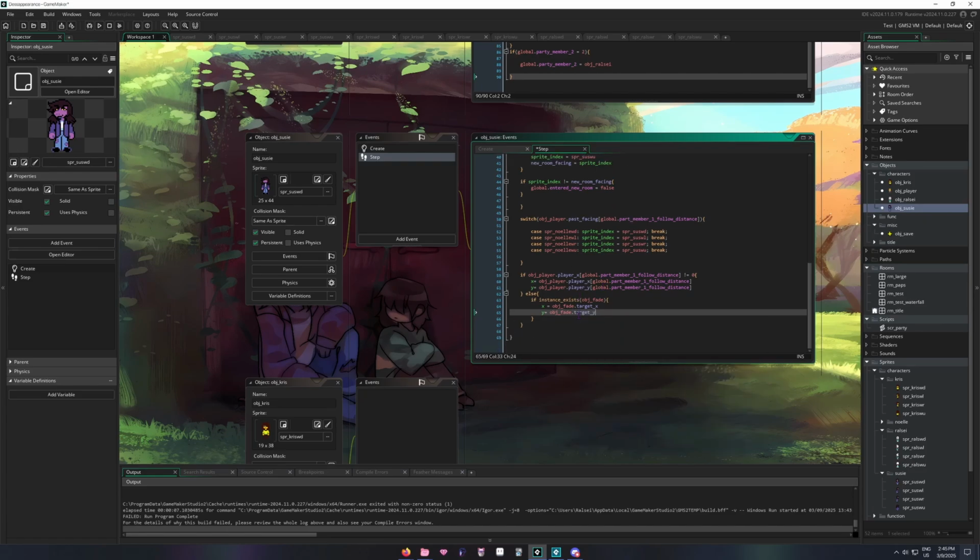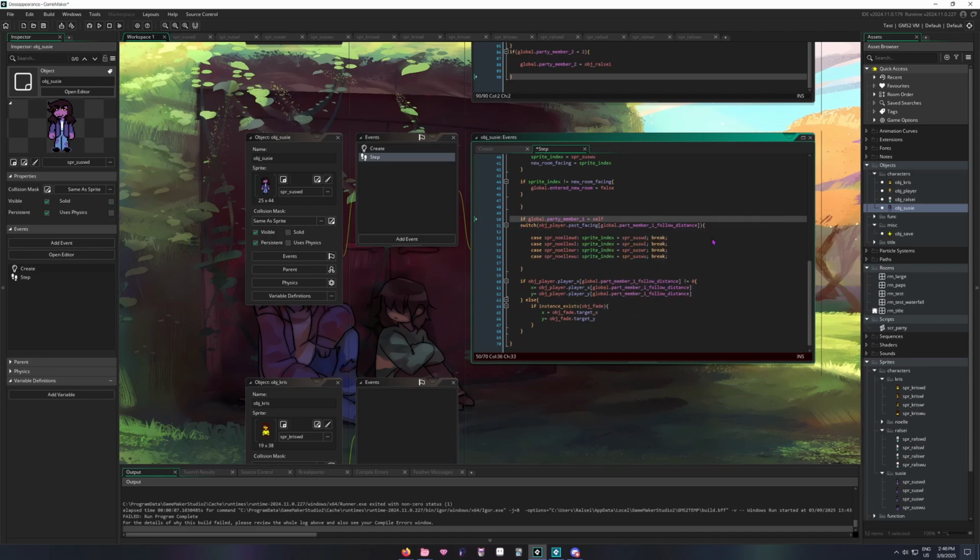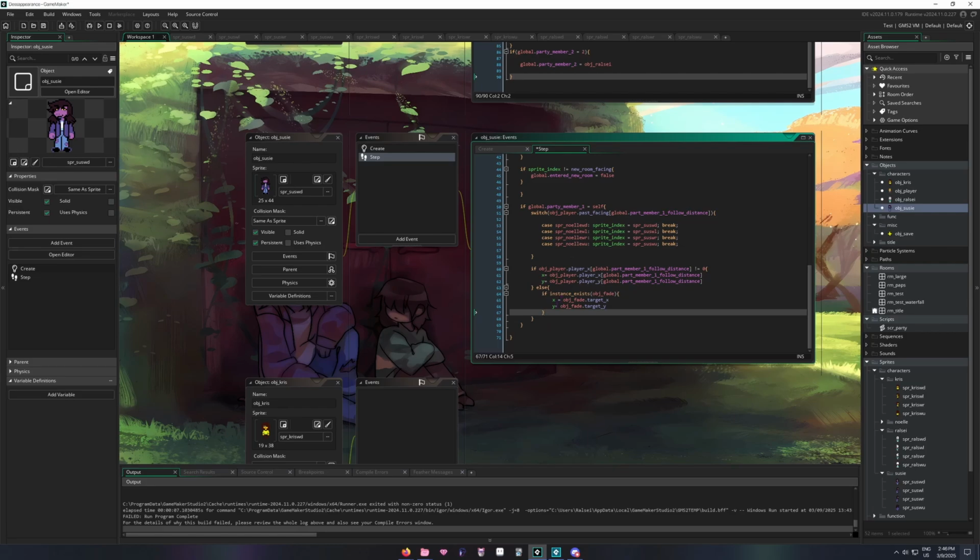Okay, and so now we actually need to here say if global dot party member 1 equals self, then we can add brackets around all of this, like that, and then we can tab that all up. Okay, and then here we can say else brackets,